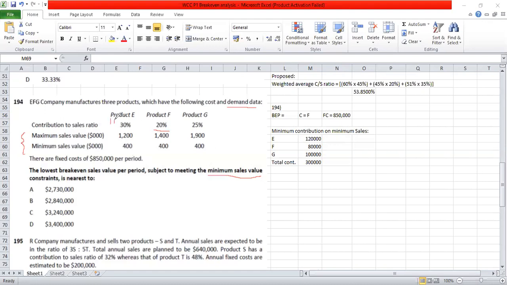So now they have to decide upon what is the strategy which they have to adopt, so that by selling the lowest possible amount, they would break even. So how much value of sales if they make, they can arrive at the break-even point. To arrive at the break-even point, additional sales required to break even is equal to